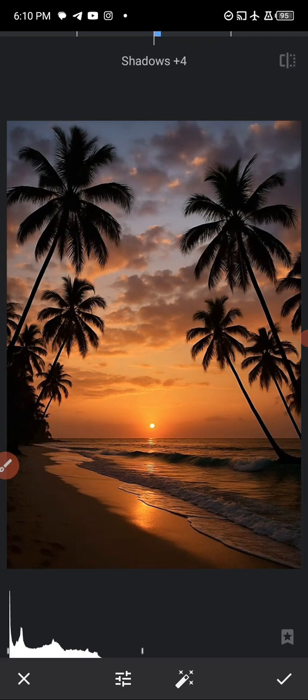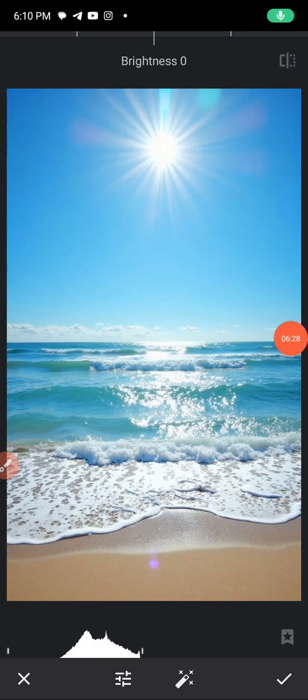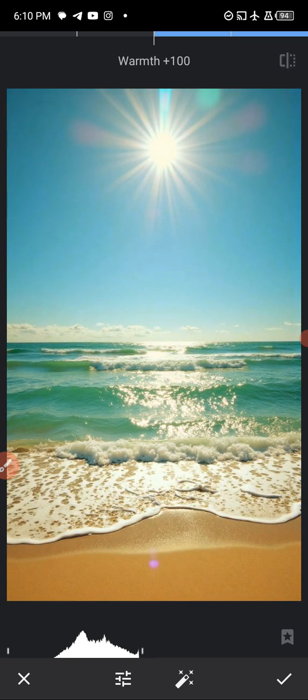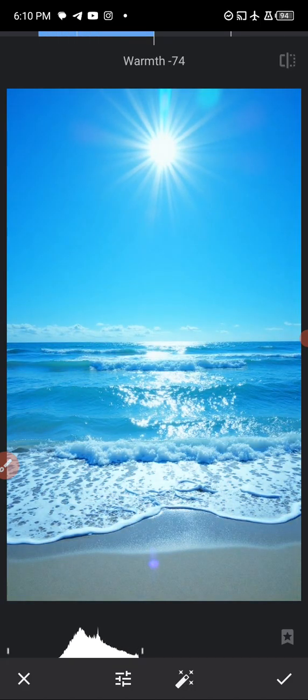Then the next one is warmth, and I will change the picture for that. Okay, so warmth is the color temperature of the picture, and this is what it does. If you increase it, it gives your picture this yellowish orange kind of color. It makes it look warmer. Then reducing it gives it a colder vibe, a blue effect, it makes it look cold. That is everything we need to know about